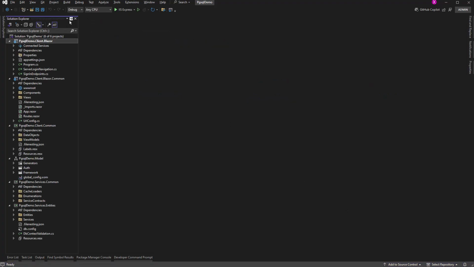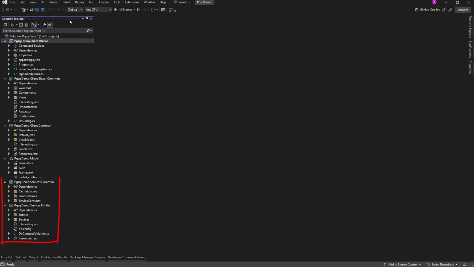The projects in our solution consist of EF Core entities and business services that are separated out for a clean architecture, a set of client projects that help you write reusable presentation logic, and a Zamega model project, where you can define your domain, service, and presentation models, and then generate the application code from those models.